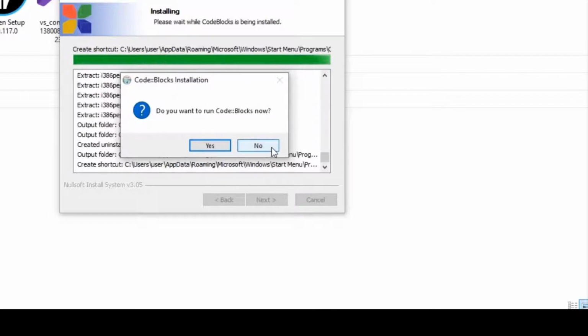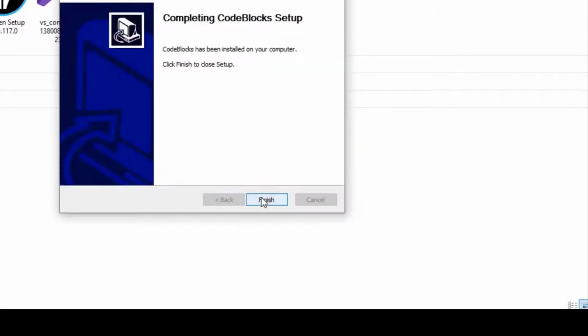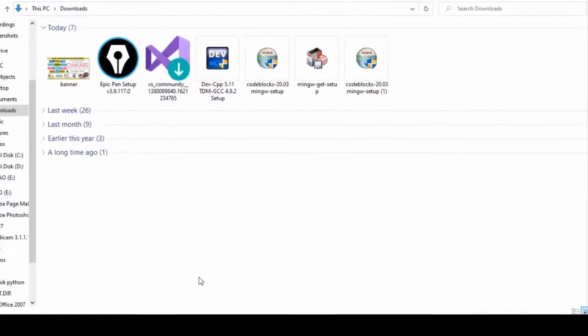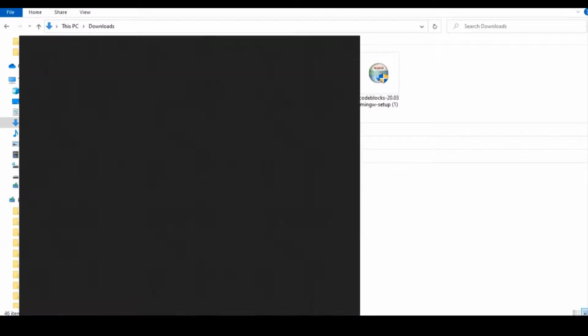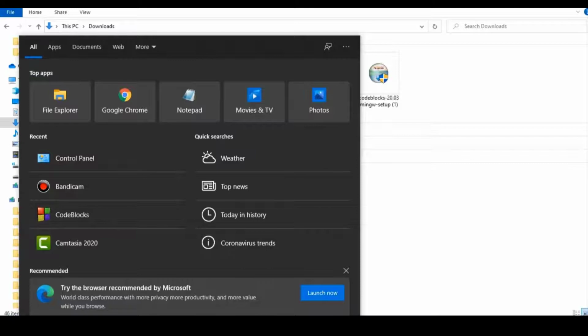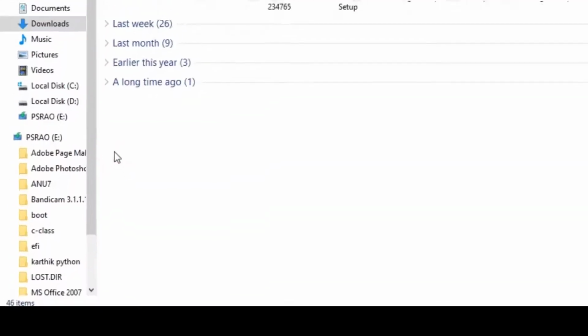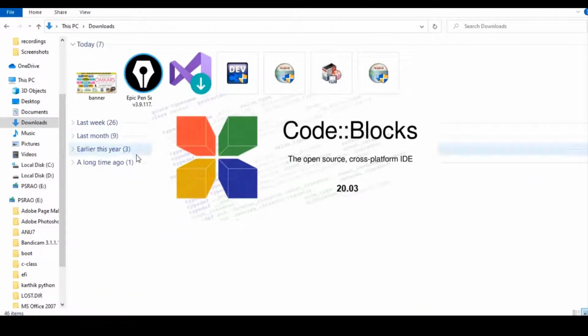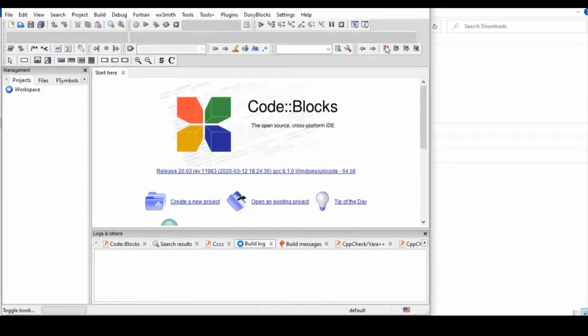At present I don't want to run it, so I am clicking no. Click on next, finish. Now I want to run Code::Blocks. The 20.03 version is open.